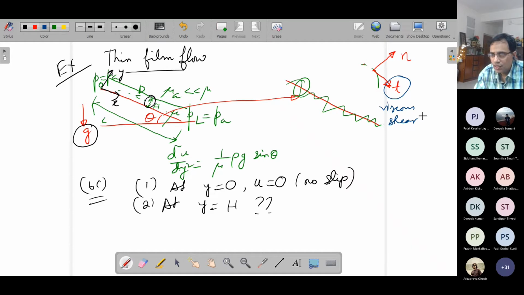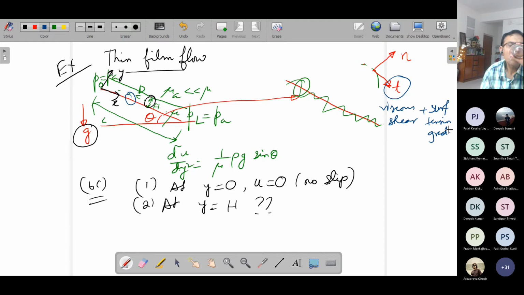That means the surface tension which tries to keep the interface under tension, and this is the interface between two phases, one air and another liquid. So if this interfacial force is such that there is a change in surface tension along x, along the direction of the axis, that will have a tangential component. So there will be a shear due to surface tension gradient.